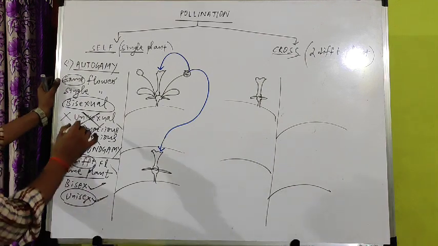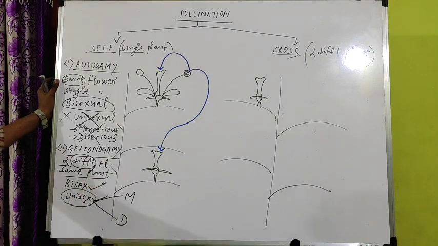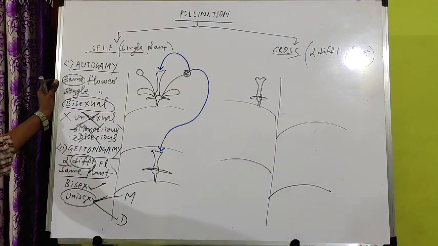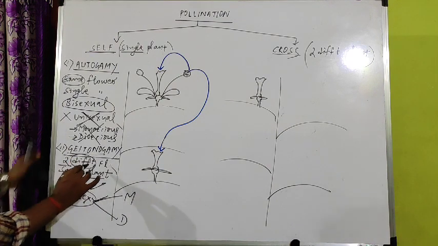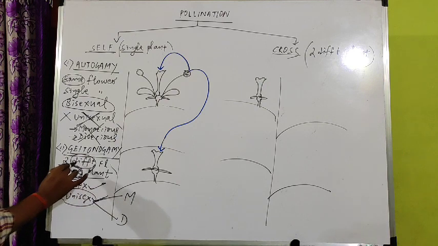Already we have discussed here. There are two types, monoecious and dioecious. Now tell me, out of these two, in which case geitonogamy can occur and in which case geitonogamy cannot occur? The definition of geitonogamy: transfer of pollen grain from anther of a flower to stigma of two different flower, another